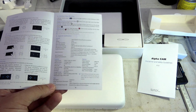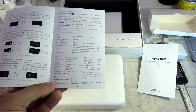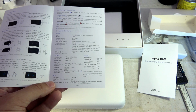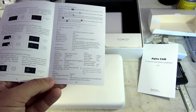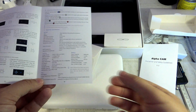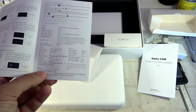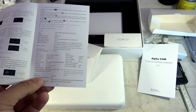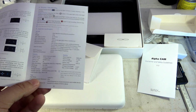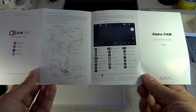We don't have, for example, 1080p 60 frames per second with or without electronic stabilization. The ISO range is between 100 to 3200 and so on, and you have a built-in storage of 16 gigabytes, not so bad, and a micro USB interface, and we have two batteries. We'll see in a few instants, 2000 milliamp hours. I'm not sure they are really LiPo, but we will see. The nominal voltage is 7.6 volts, so maybe some LiHV battery, but it's written LiPo, so it's an open question. Okay, and what also you can find is how to assemble the props and so on,